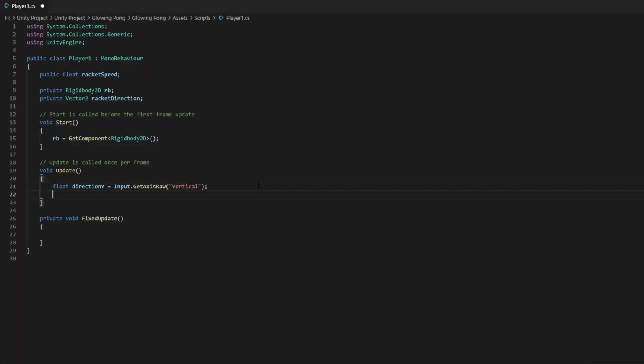Now back in the update function, we want to set the racket direction variable to be equals to new Vector2. We will give a value of 0 for the x coordinate and use the direction y variable for the y coordinate. And we will add .normalize at the end to ensure our racket's movement being consistent. Like I said earlier, we are doing all this in the update function because detection of inputs are usually done